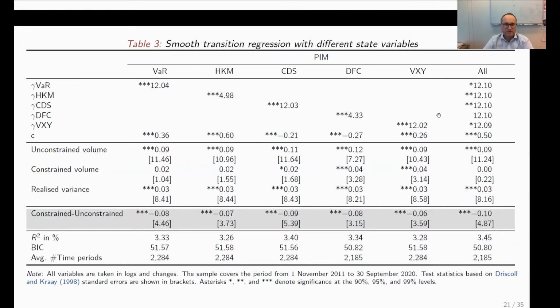So first of all, with regard to the disaggregated measures, it's generally a broad picture that's quite similar across the different variables. Indeed, here on the right-hand side, this VXY variable, that's the FX VIX that we're using as an individual state variable here. Actually, the results are, let's say, the weakest for that variable, with only a difference in the coefficients of 0.06 in this case. But generally, overall, the picture qualitatively looks quite similar, irrespective of what variable we're taking into account.